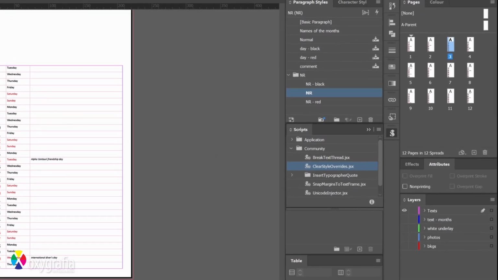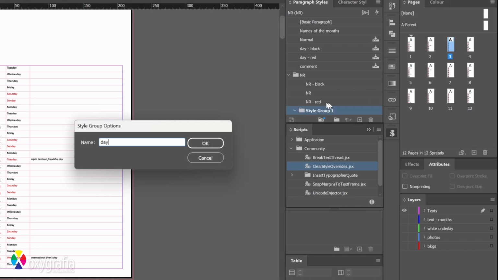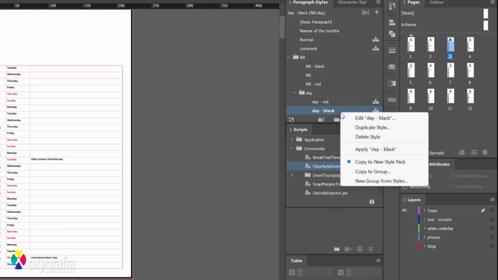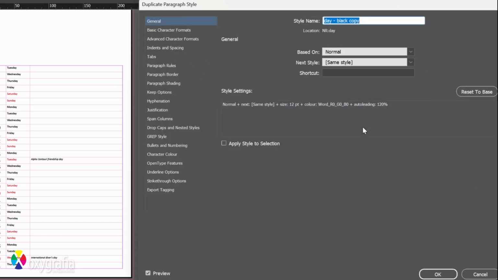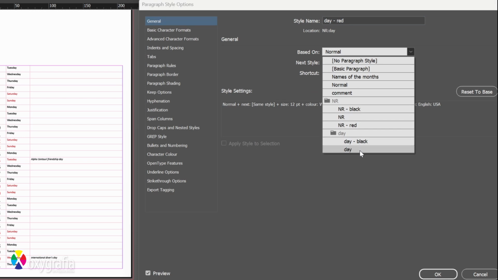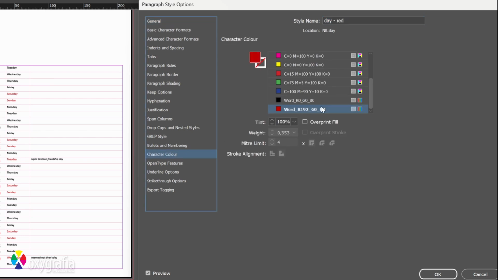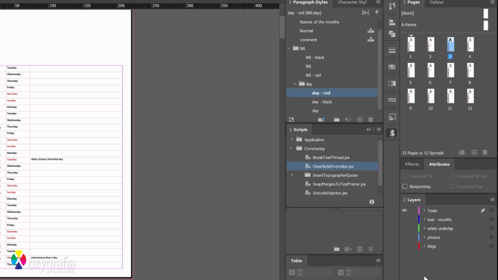I proceed the same way with the day styles. You already know what it's about. I create a folder, move both styles into it. I duplicate the day black style, and this duplicate will be the parent. It won't be based on anything, but the day black style will be subordinate to the day style, and the same goes for the day, which will also be subordinate to the day style. I check the colors. Day red has the CMYK red, and the day black